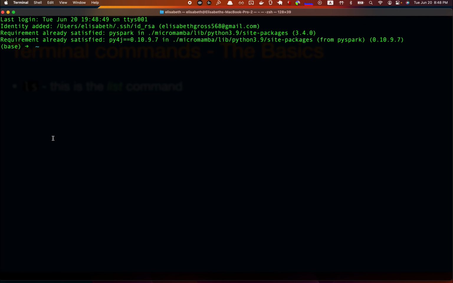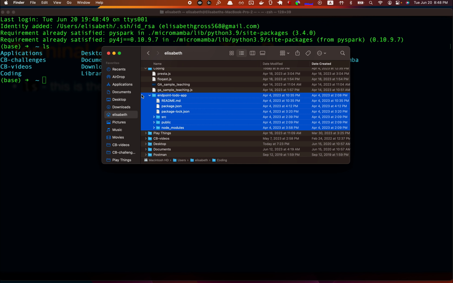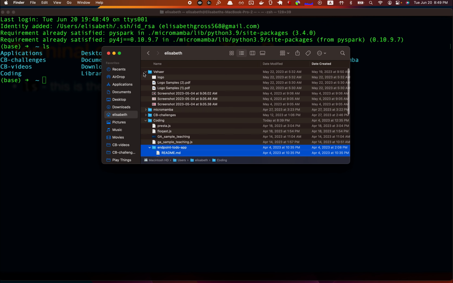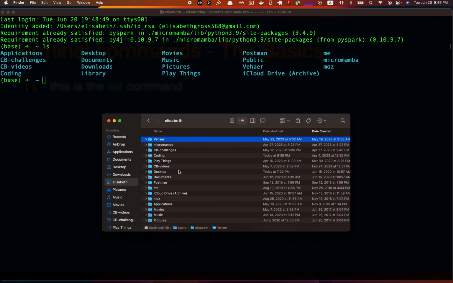Home, right. So if I do ls, what are we going to do? We're going to list the things on the bookshelf. That's all that's going to happen. So ls, and look, we have the same exact things as my Finder, right? It's a mirror image because it's the same. It's just a different way of accessing rather than using the graphical user interface or GUI. It's just in text. So I have applications, I have desktop, I have the air, etc.